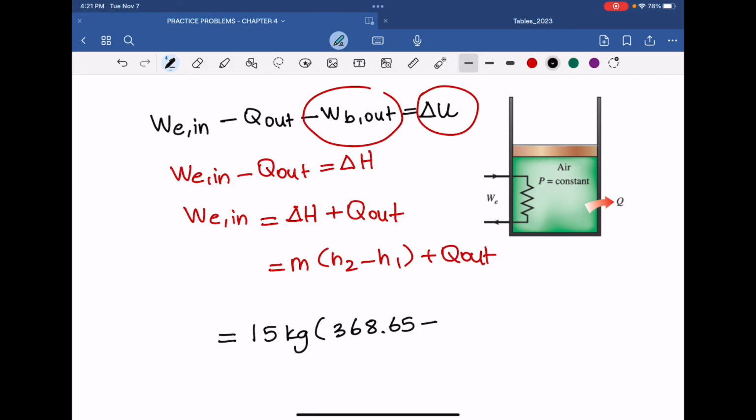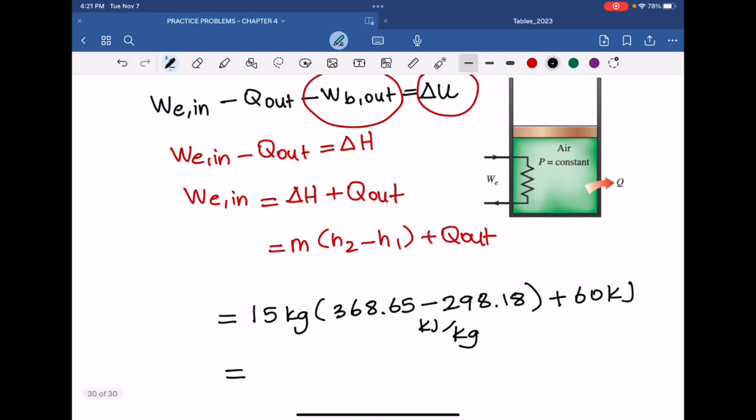These are from table A17 that you figure out. Units all make sense, all of them are kilojoule. And then this should give you electric work of